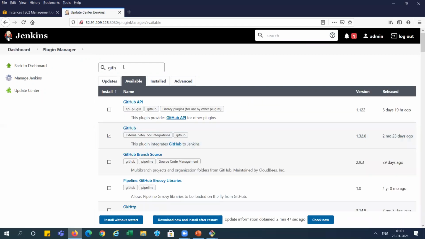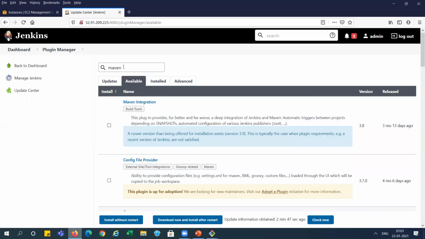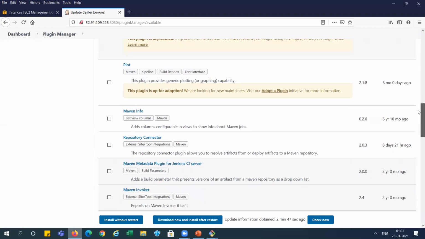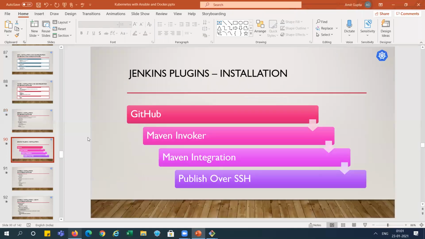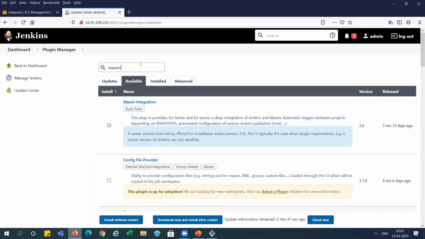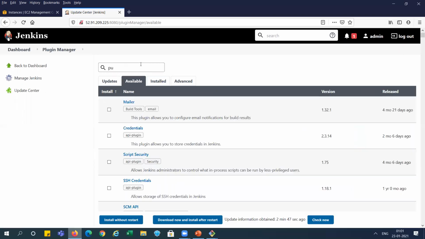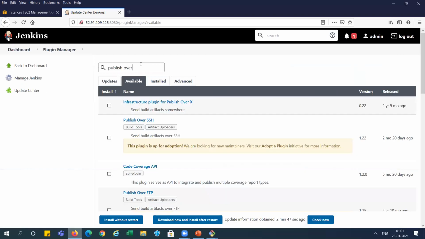Now the second one is Maven integration and Maven invoker, right? You can see here we are installing these plugins: Maven invoker, Maven integration, and then Publish Over SSH. Now we need to install without restart.